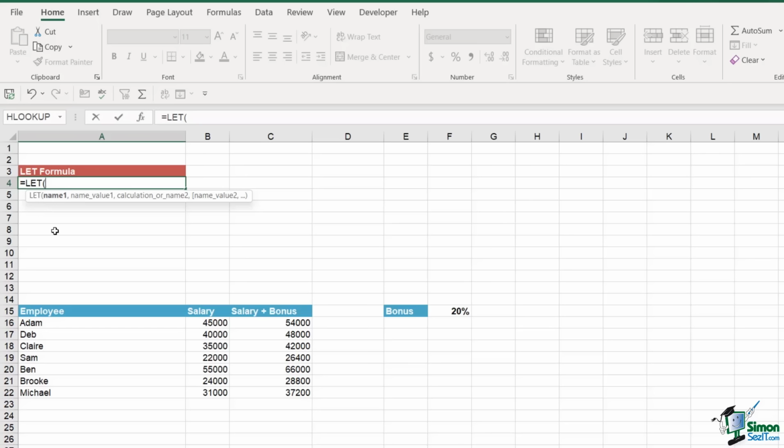We have name1, name value1, calculation, or name2. So name1 and name1 value are where we define the name and the value. And then the last thing we do is the calculation. And we could have numerous pairs of names and values in our formula. In fact, the LET function supports up to 126 pairs. Now, you might be listening to this thinking, okay, I kind of understand what you're saying there, but